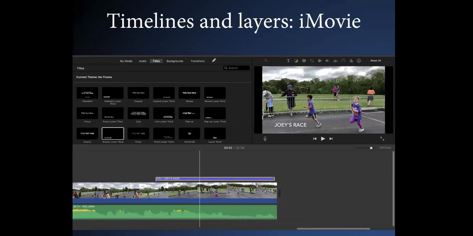So we talked about timelines and layers already. So in iMovie, it's the same thing. There's an audio track, this is a video track, and then this is my text track. So